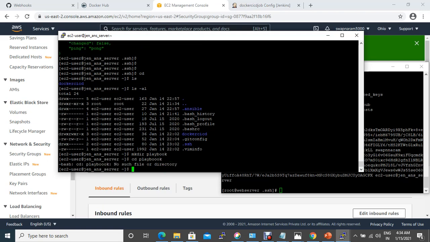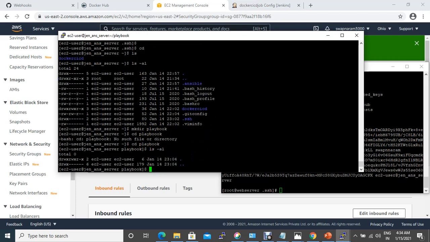Playbook, and then here what we can do is create a Docker file, YAML file basically, and then